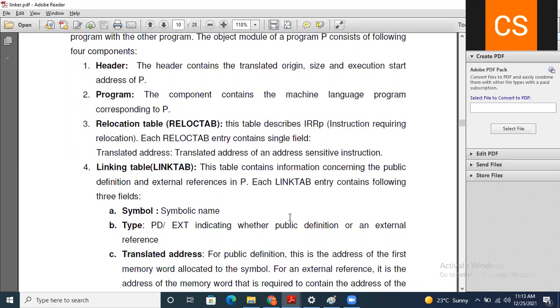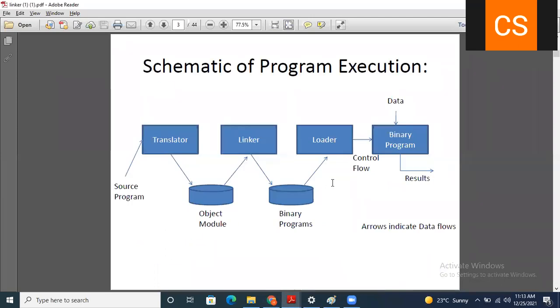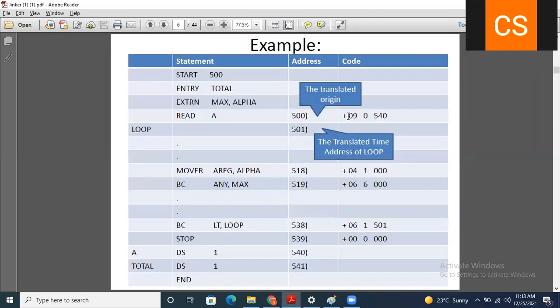The second component is the program, and this component contains the machine language program corresponding to the source program. So in the program, you have the machine language program, the binary program. You can see here, this is the assembly language, and this 09 is converted into binary.